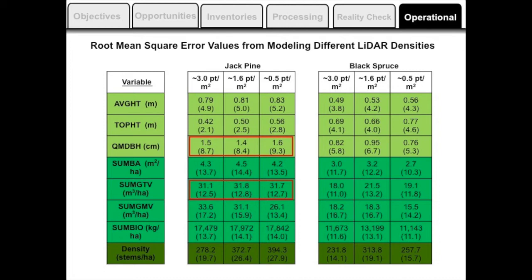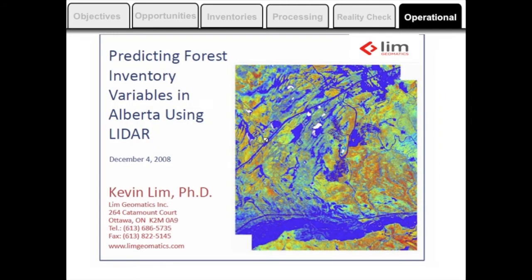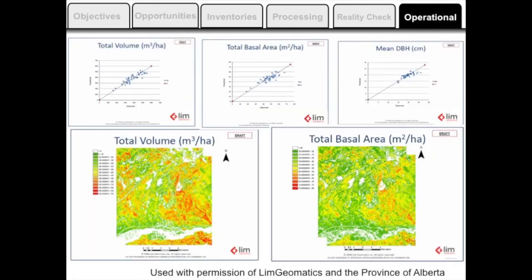Now the good news for you, of course: if you're interested, this was just accepted in Remote Sensing, that's coming out hopefully shortly. In Alberta, a prototype was done with your exact data in 2008. I have permission from Kevin and from the folks here in Alberta to show some of the results. This took some of your data and developed models from some of the provincial plots for volume, basal area, and diameter,